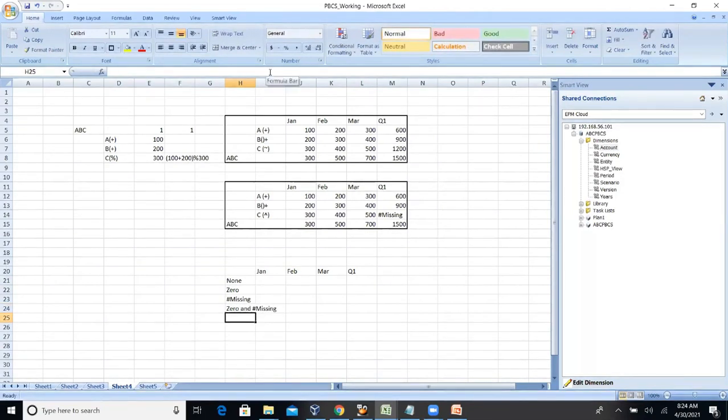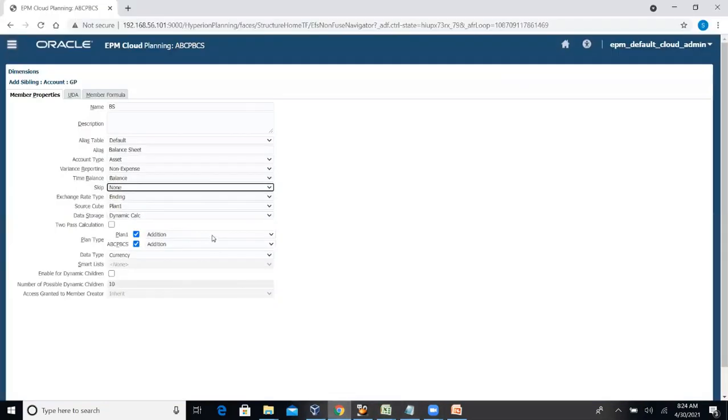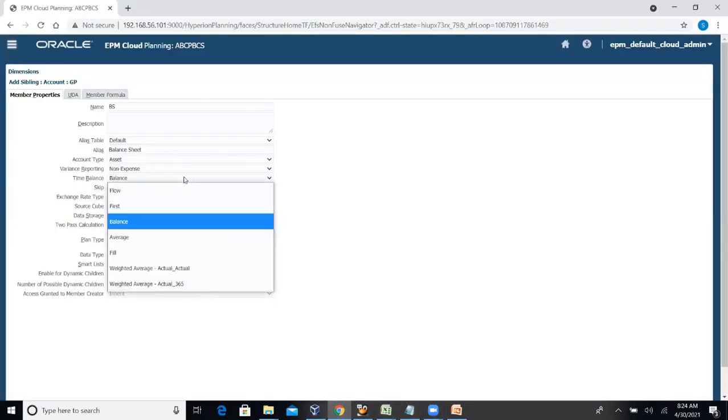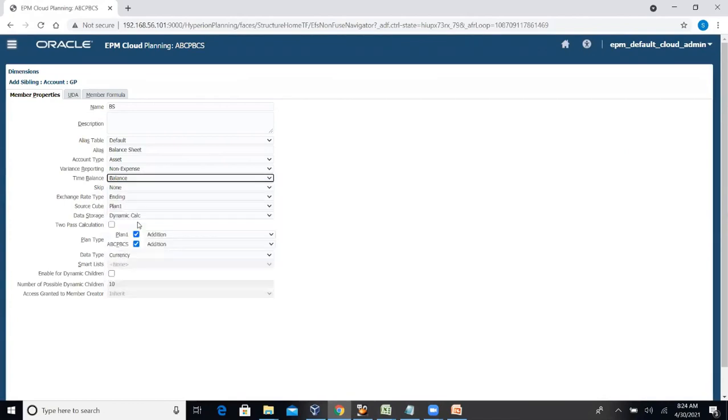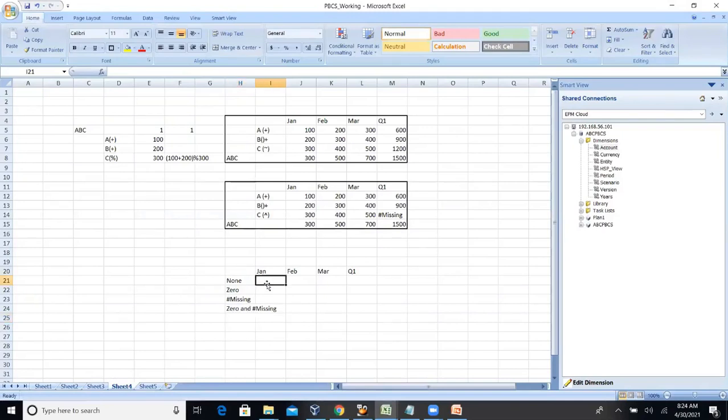Okay, I am using time balance as balance. Here we have time balance properties. 99.9% we are using the balance. How will it treat, for example, 10, 20, 30? All members are same. How will it work if I set 0, or hash missing?